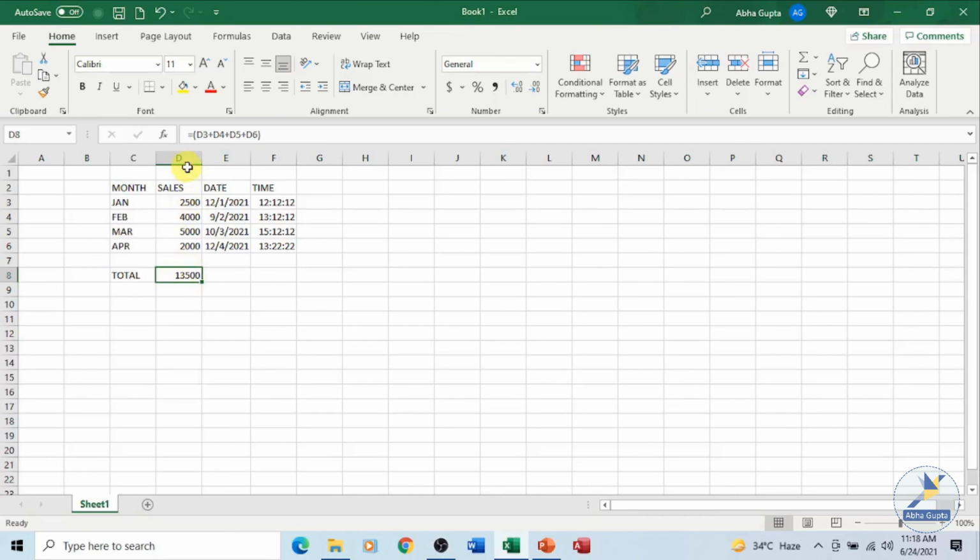For example, we have D3, this particular cell I want to make it as 3000. So simply clicking on that cell, I am overwriting the content. This is known as overwriting. That is, you are trying to overwrite the entire content of this cell and press the enter key. The moment I change the data, the total automatically changes.